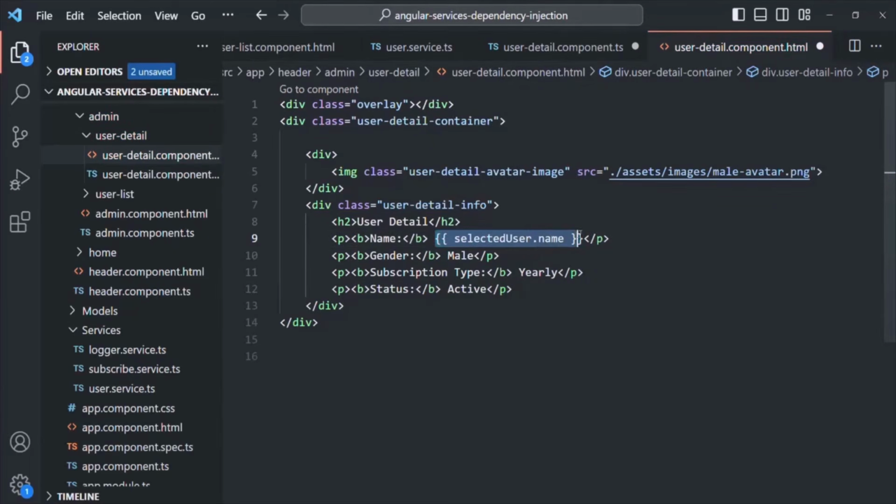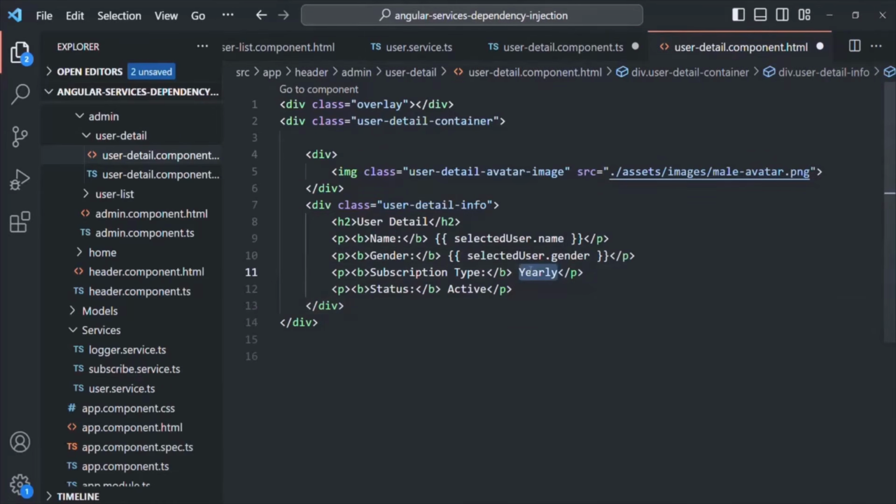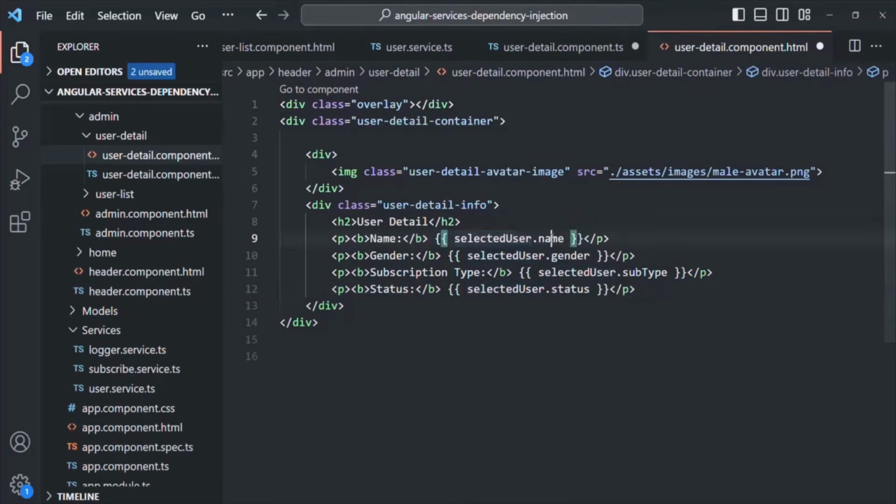Let me copy this syntax from here. And here I want to use the gender property of that selected user. Then here I want to use the subtype property of that selected user. And here I want to use the status property of that selected user. So we know that each user is going to have a name property, a gender property, the subtype property,